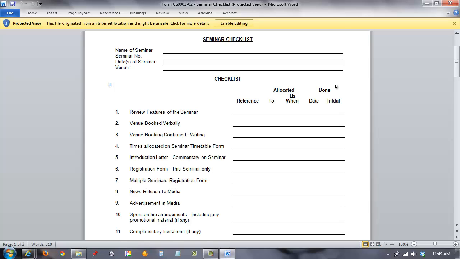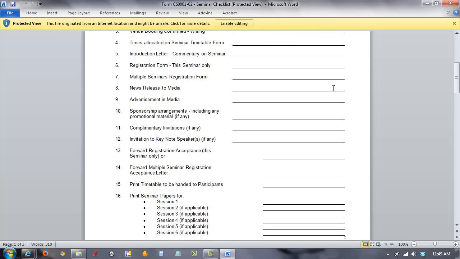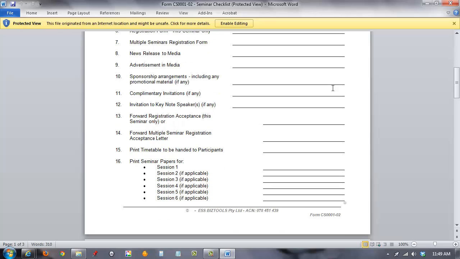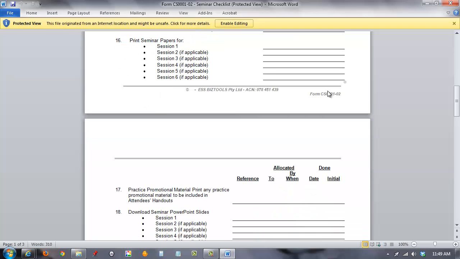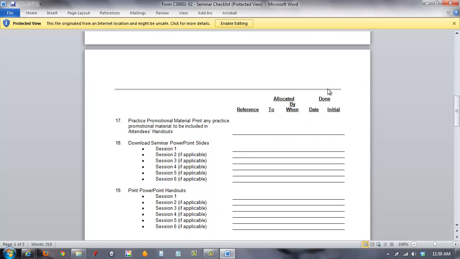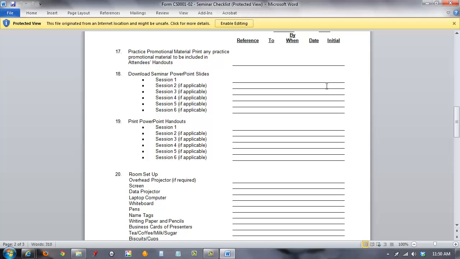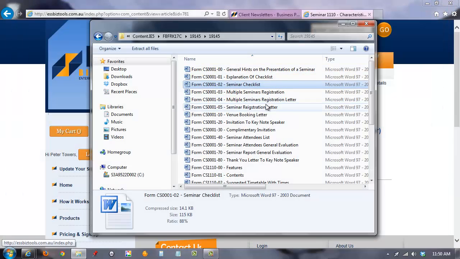which is quite an extensive list of who is responsible for organising various aspects of the seminar. There are quite a number of tasks within the organisation of a seminar, and we've listed them there for you to assist in making sure everything is attended to. You need to remember that in presenting a seminar, your firm is on display, and it's very essential that everything is properly organised so that your clients and other people attending, professional colleagues and potential clients, are very happy with the overall seminar